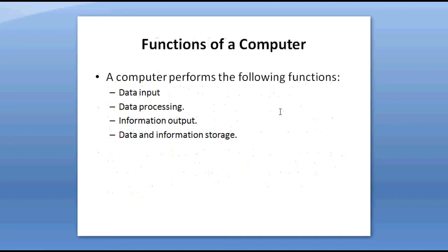Functions of a computer. The four basic functions of a computer are input, storage, processing, and output. The computer operates according to instructions stored in its own memory unit and can accept input data, process the data, and through sequence-based logic, it can produce information and store the results for future use. All the applications of a computer derive from one of these four functions. These are data input, data processing, information output, and data and information storage.